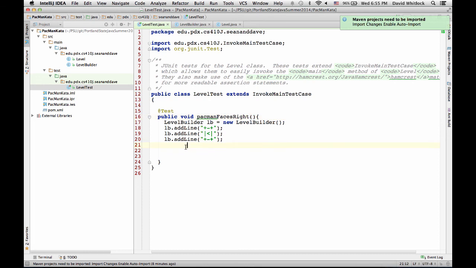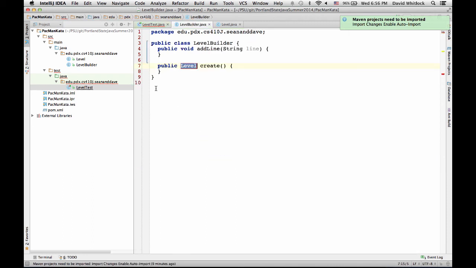Okay, so that's a level builder. Now let's create a level from that. And use this as the argument we pass into it. The builder pattern is like you create the builder, you configure the builder, and you say create. So there would be an lb.create method that will return a level. Yeah, totally. We need to create that.